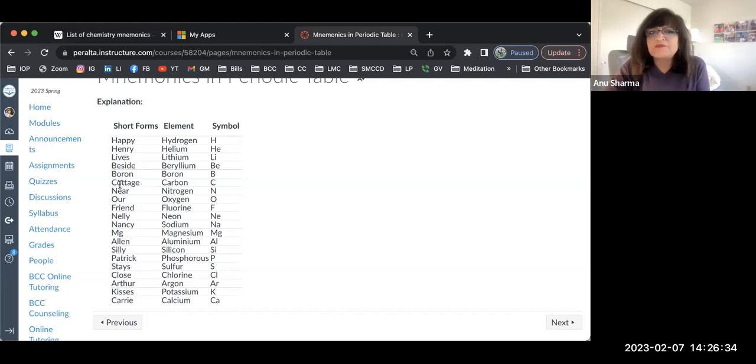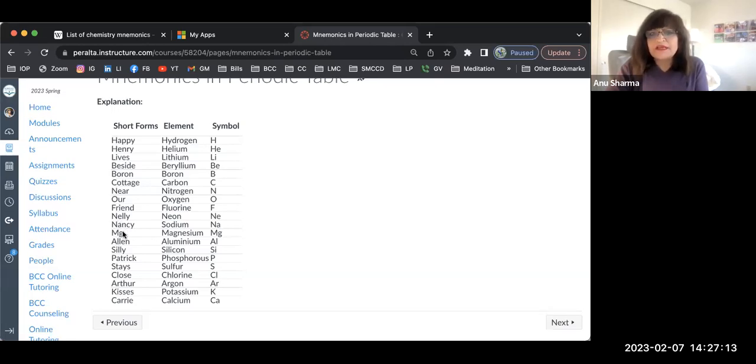Happy Henry lives beside Boron Cottage, near our friend Nellie Nancy, Meg Allen, that's the name. Silly Patrick stays close, Arthur kisses Carrie. Okay, so here, Happy is for H, Henry is for He, helium, Lives, Li is for lithium, Be is for beryllium, Boron is just B, Cottage, C, nitrogen, N, oxygen, O, friend, F, friend is for fluorine, F, Nelly, that's the neon, Ne, Nancy, Na, sodium,